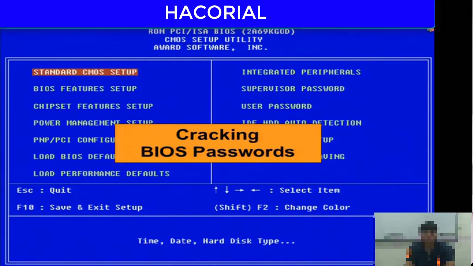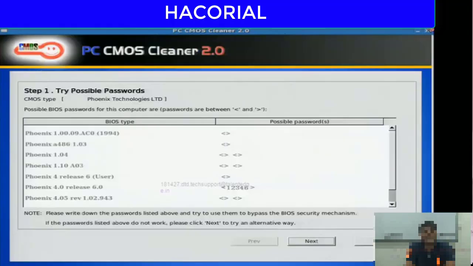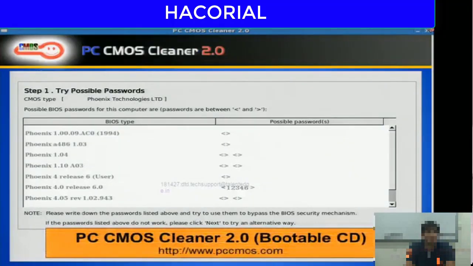If it's a laptop, then I don't really recommend unscrewing the screws and opening the body of the laptop up and looking for CMOS chips and all that. Instead, you can use a very interesting software called PC CMOS Cleaner. It is available as a free download from this website, which is pccmos.com,